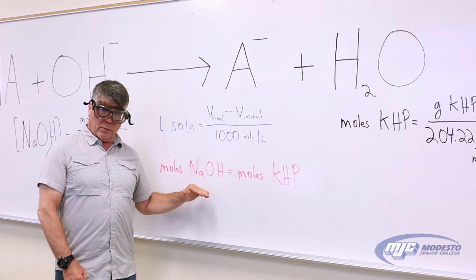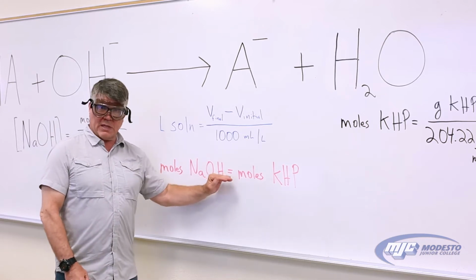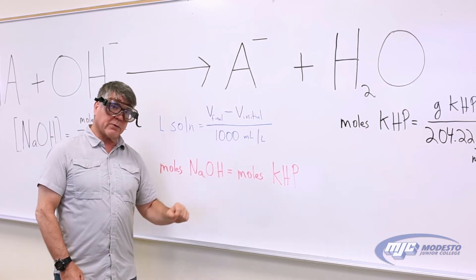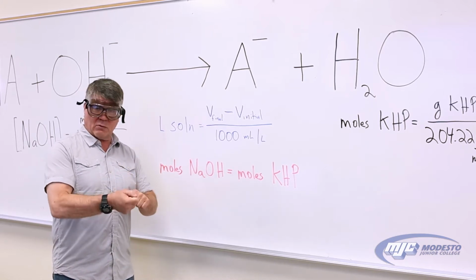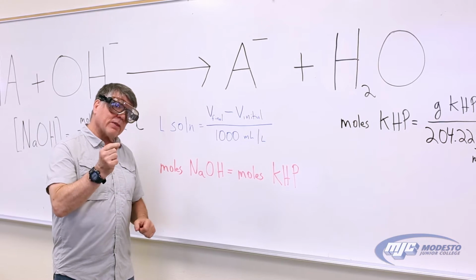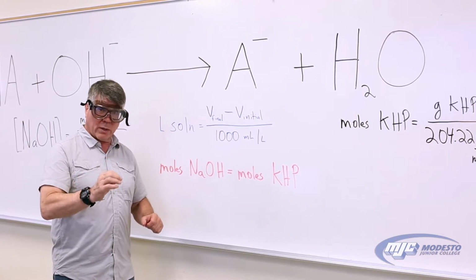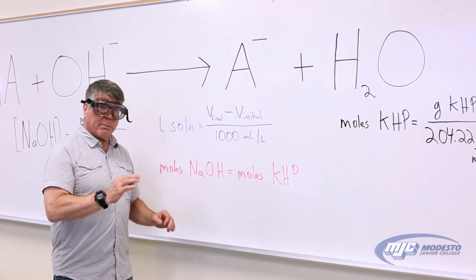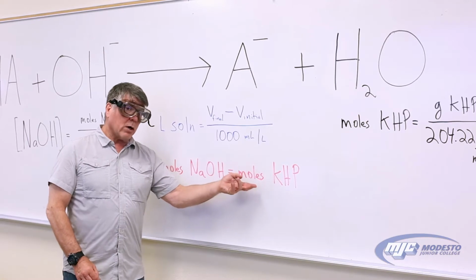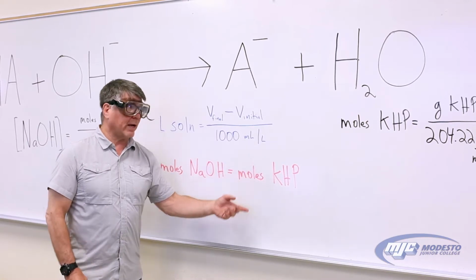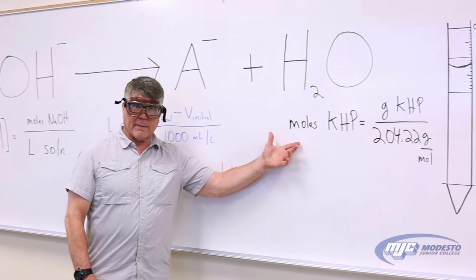So I talked about how the moles of sodium hydroxide is equal to the moles of KHP down there in that flask, right at the point where we have added just enough sodium hydroxide to use up all the KHP. The name for that point is the end point or the equivalence point. When we're at the end point or the equivalence point, the moles of sodium hydroxide is equal to the moles of KHP. Now, we'll know how many moles of KHP we have in that flask because if we look over here,